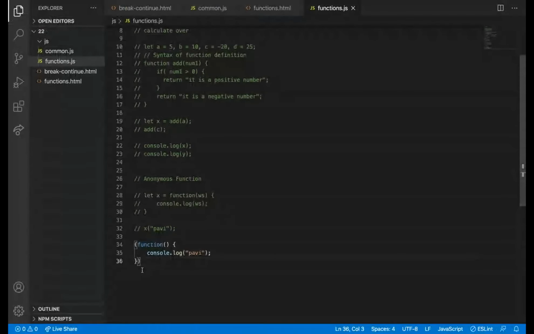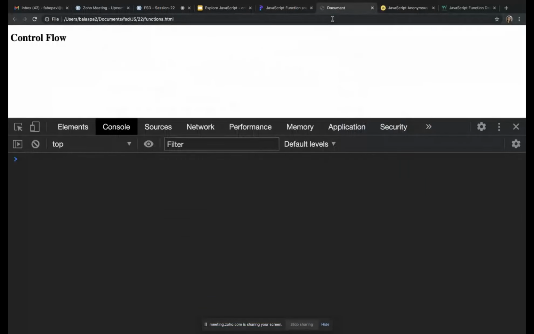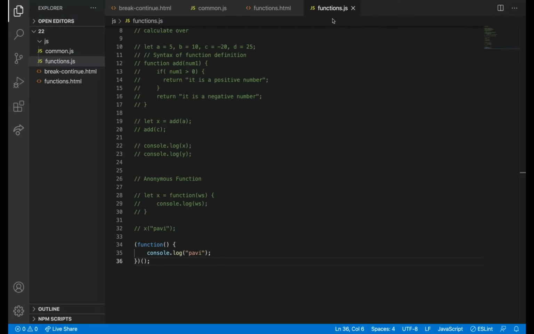Yes, we need to call it here. So what is a self-invoking function? It invokes on its own. Sometimes we want to execute a statement without calling its name. If we want to do that, we can use this. This is called a self-invoking function.